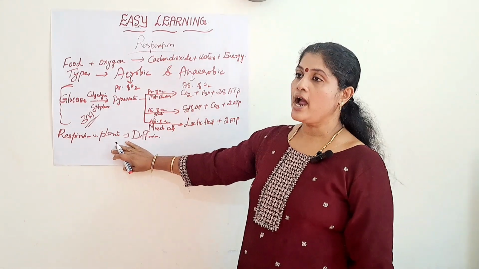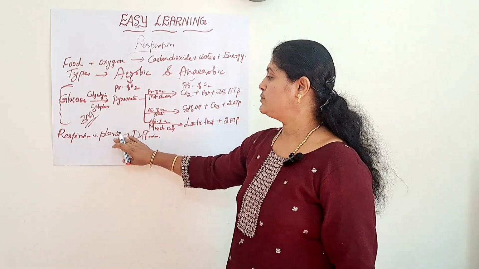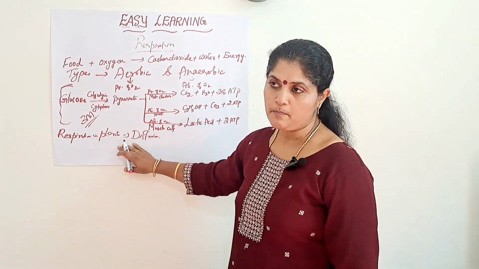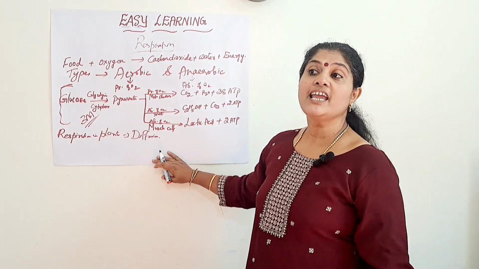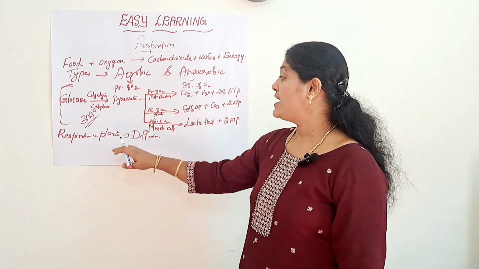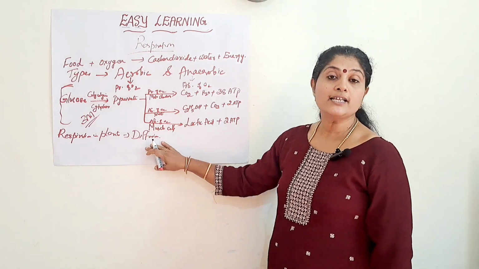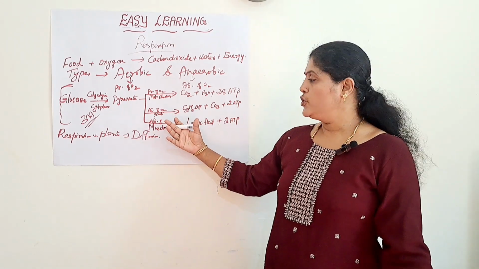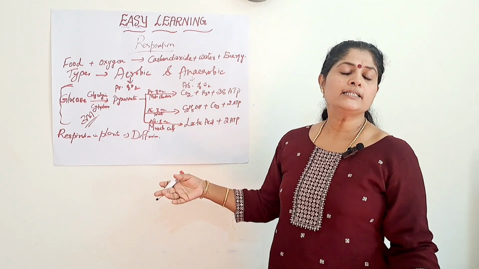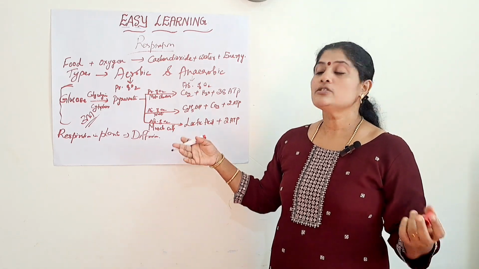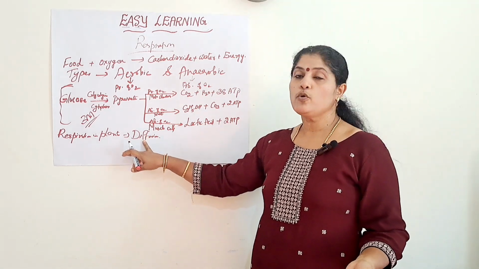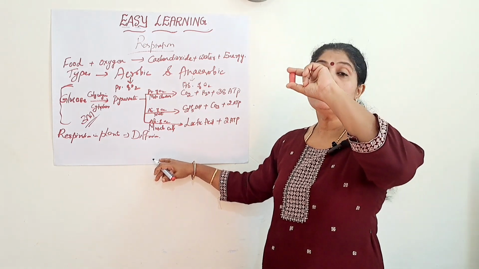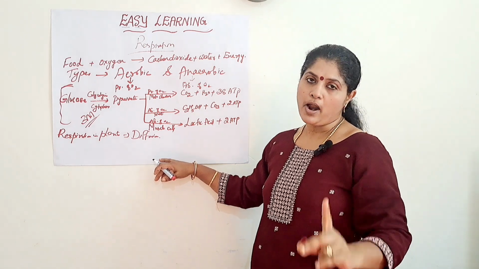I was telling you about respiration in plants. The main process involved in respiration in plants is the diffusion process, because they respire separately. But in the case of animals, this process is not sufficient to meet the requirements. Why? Because the volume of the human body is very big. So it is not sufficient for this process to transfer the oxygen from the nostrils to each and every part of the body.